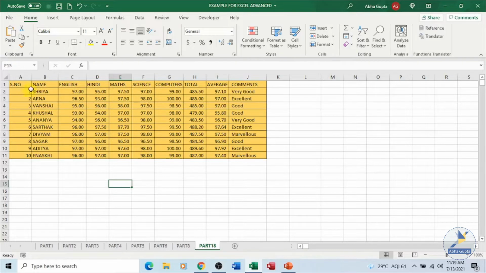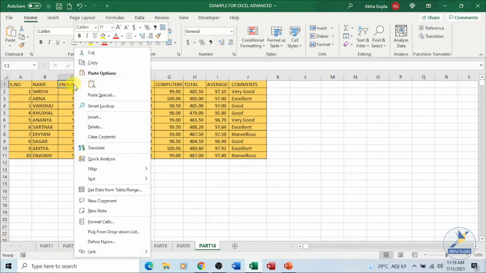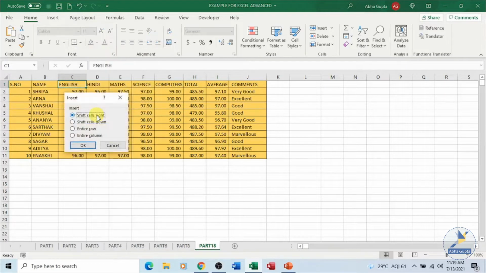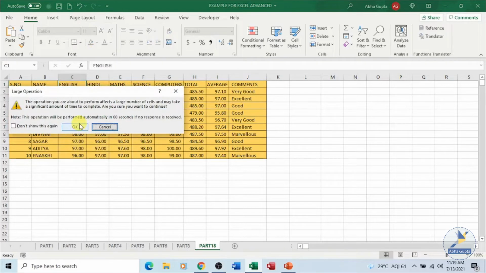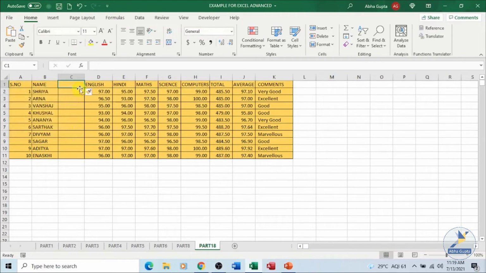Say we have certain names over here and we want those names to appear in Hindi as well. Let's perform those tasks in the same sheet. You can have a different sheet, you can copy it to a different sheet as well. So we have name over here, we want the name in Hindi here as well. Let's first insert a column over here. Now we have inserted a column.